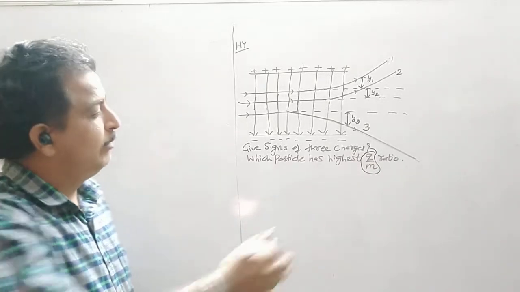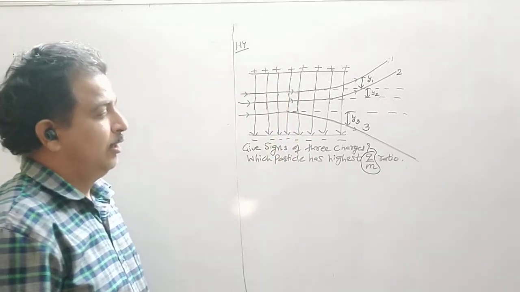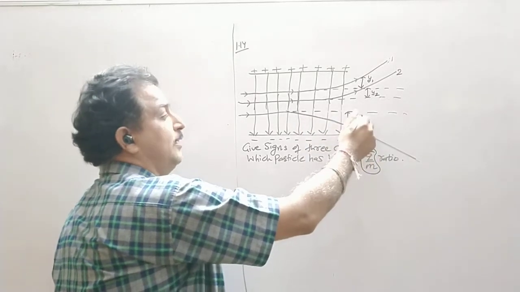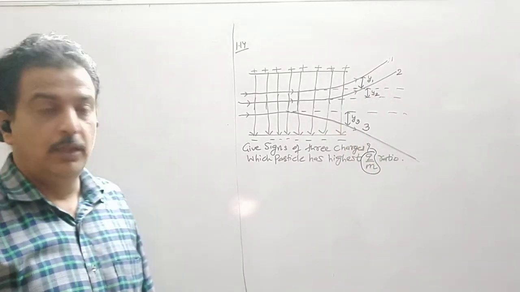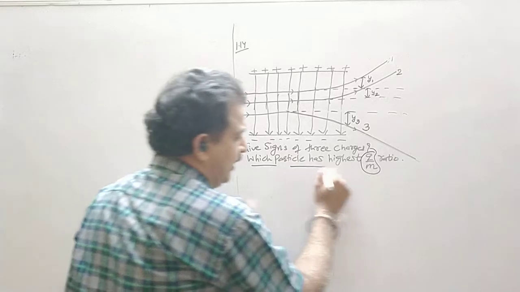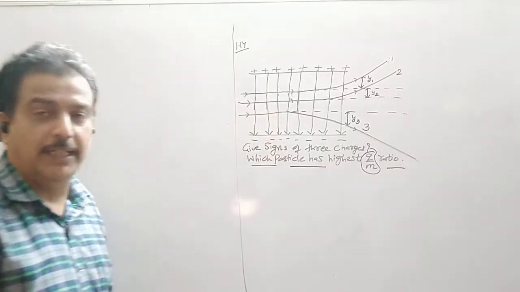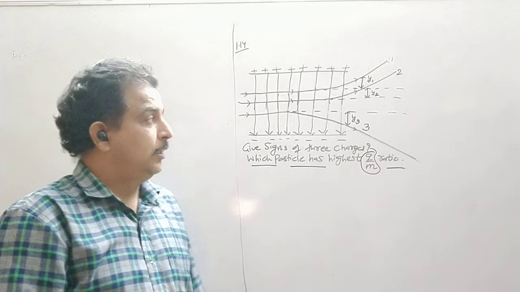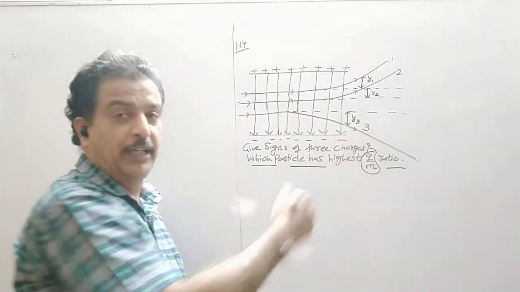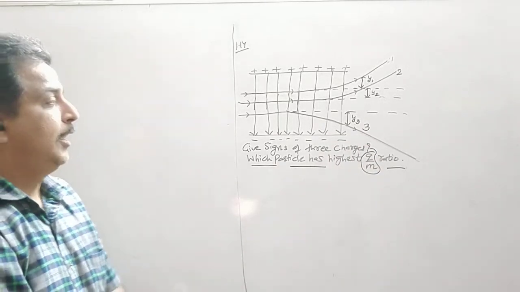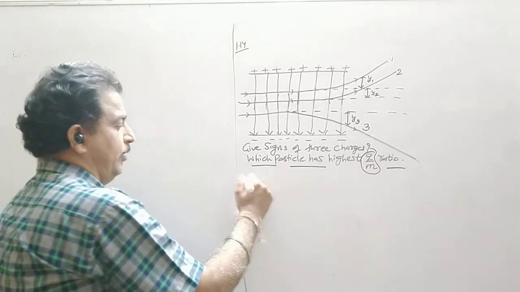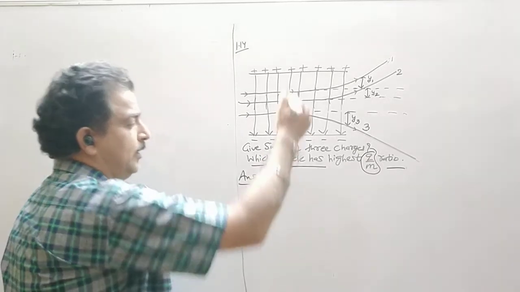For the time being, we will see from the figure which particle has a maximum deflection. So clearly y3 is greater than y1 and y2. So we have to simply name which particle has the highest Q by M ratio. Though we will prove this, the formula of deflection, we have to find out the formula of deflection in the coming exercise. So we will do that numerical. We simply give this answer here.